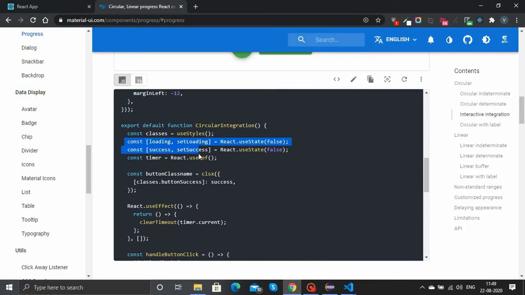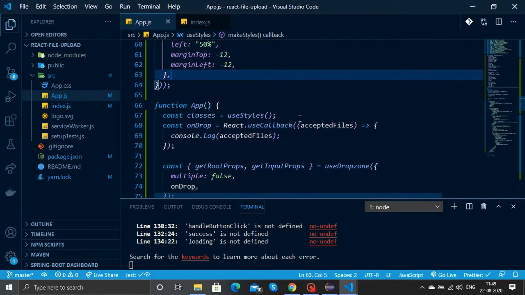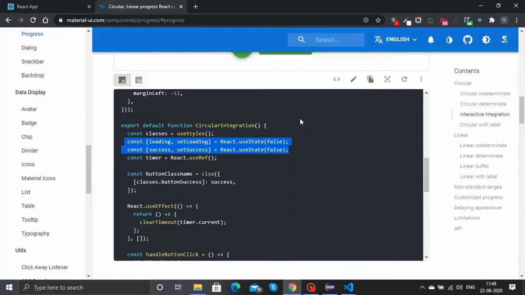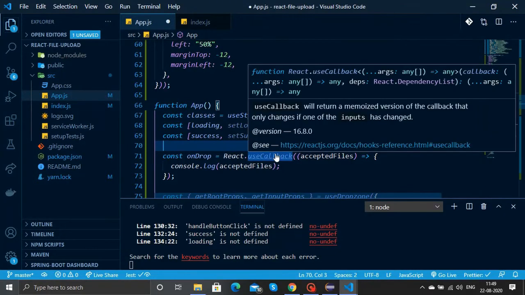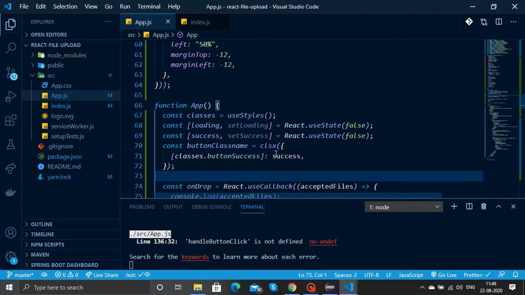Now let's copy the loading and success states that are created inside the component. Let's define that here also. So we have the loading and success state. So the loading state is when the file is uploading and the success state happens when the file upload completes. We'll also copy the button className that is defined using clsx.